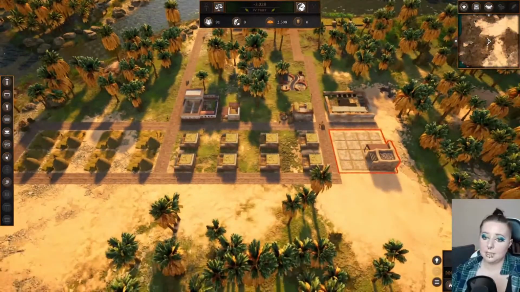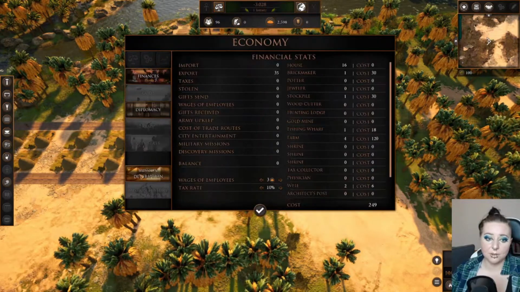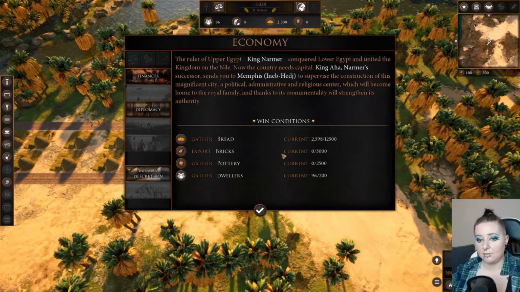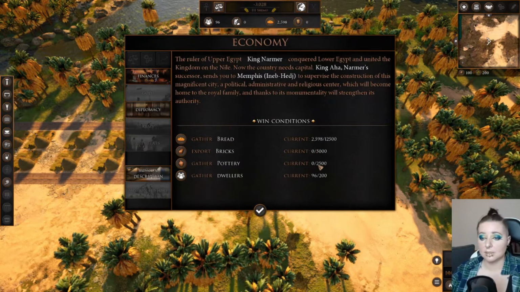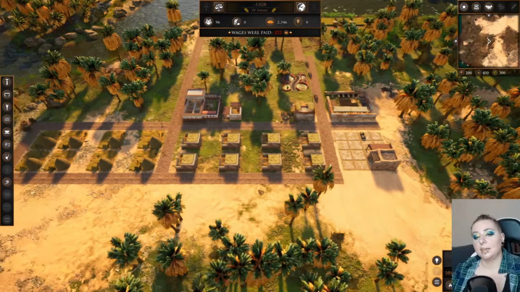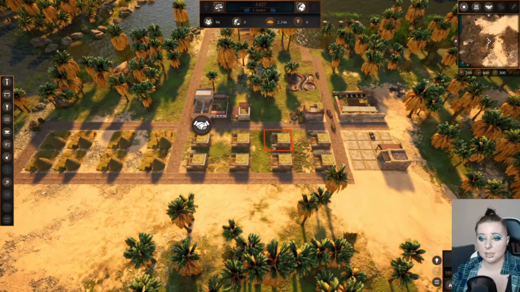This is mostly the first level as far as I've found, so you've got to try and get to a point where you have these things, except you only have to make 5,000 bricks and pottery. You don't need to have those in your warehouse at the time of completing the level. You need to have the bread, however. And the dwellers, obviously, because you can't just trade those away. So it's more about the production process for this particular level than it is about the